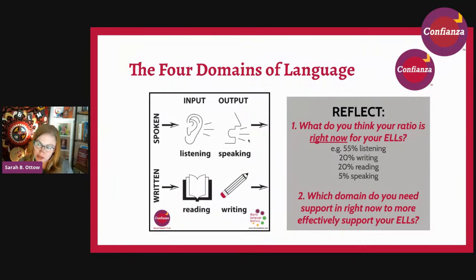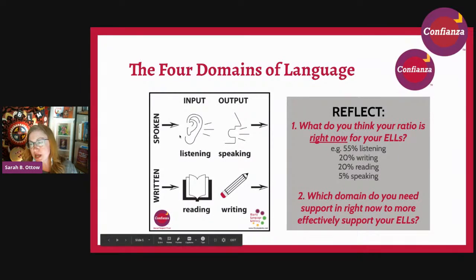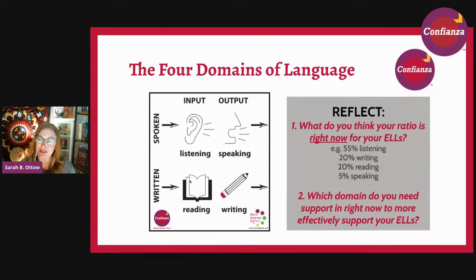We have listening and speaking, right? That's oracy or spoken language. And then we have reading and writing, and that's literacy or written language. And students need both input and output. So they need to be getting input by listening and reading. And then they need to be demonstrating their comprehension and also using the language through the output channels of speaking